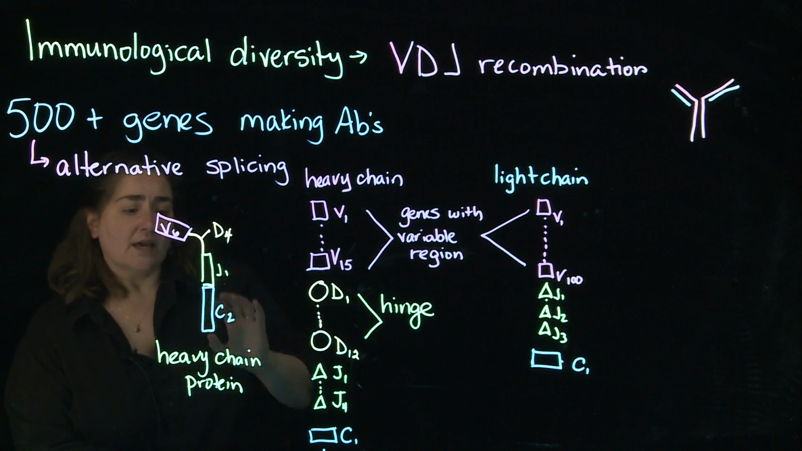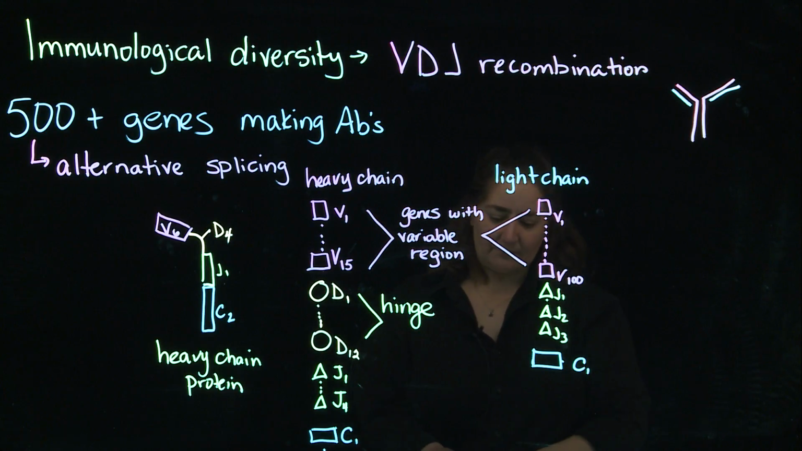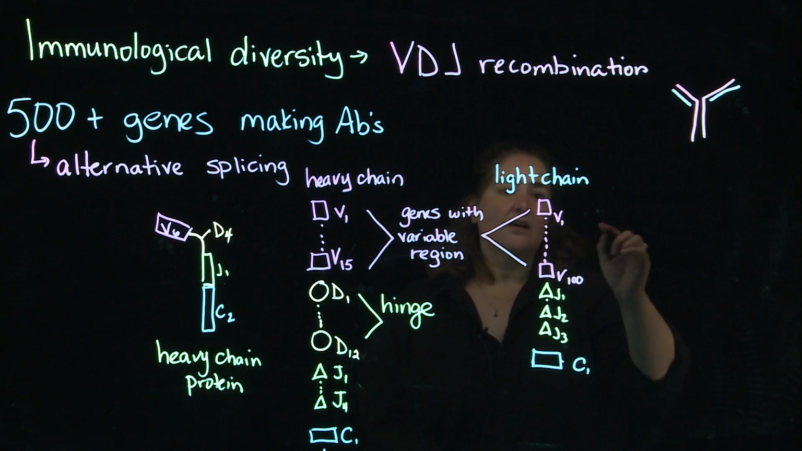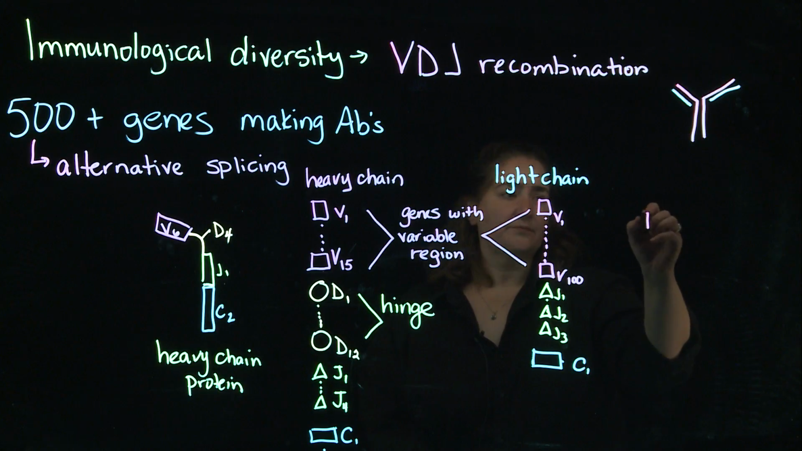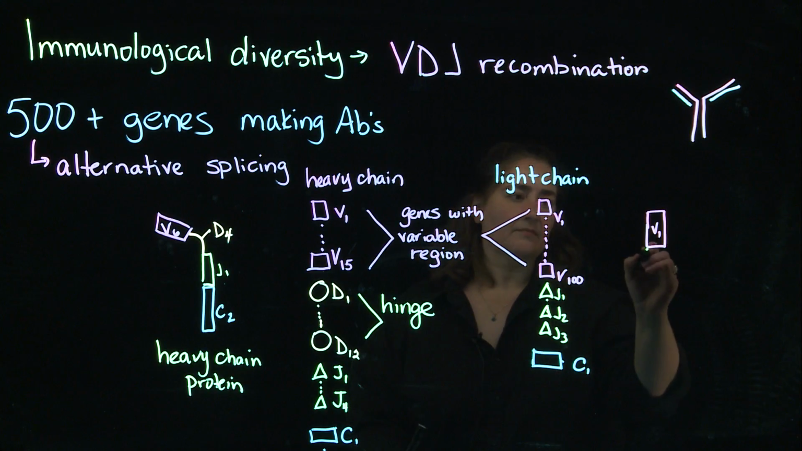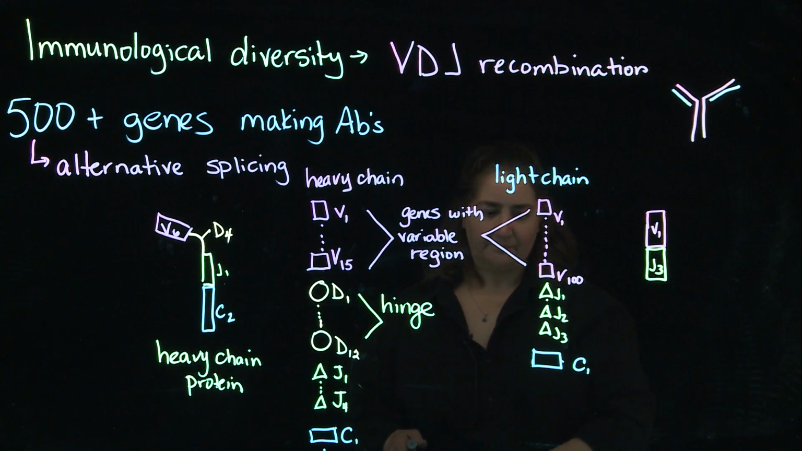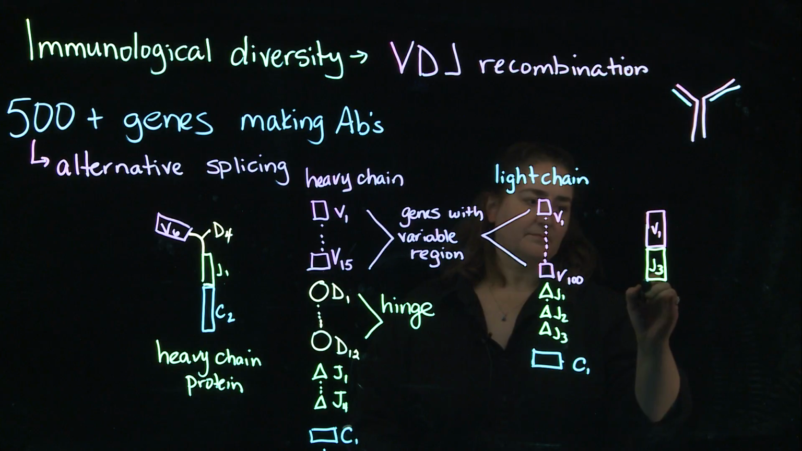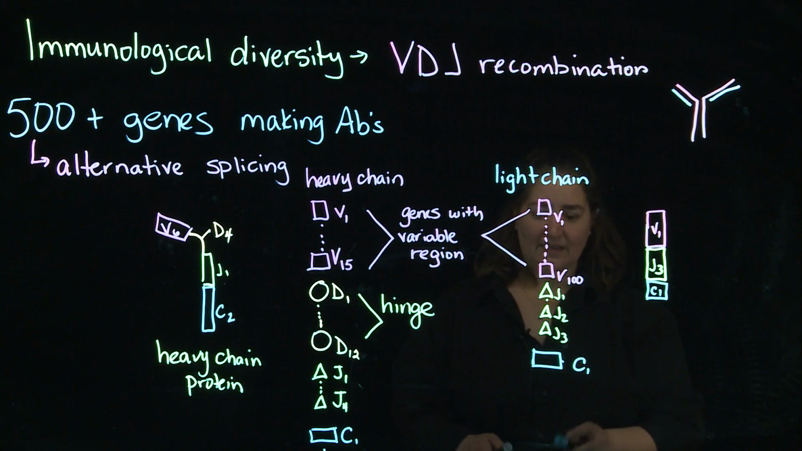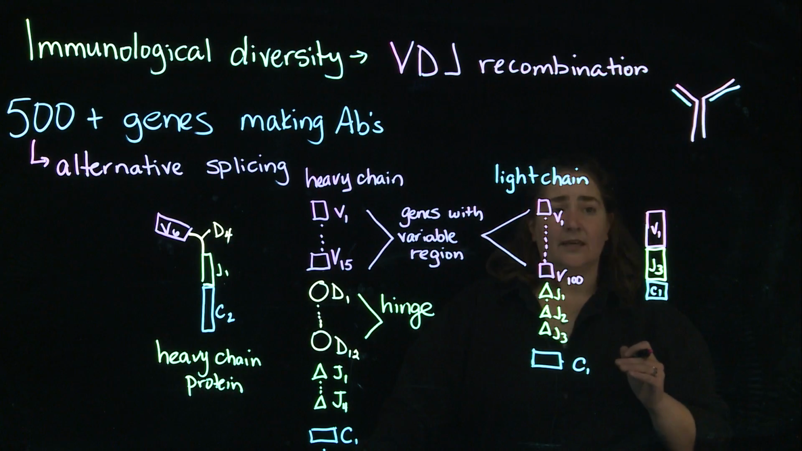Okay? And in terms of our light chain, we get the same thing. All right? Our light chain, we're going to have a variable region. We can call this V1, J3, C1. All right? And essentially how this is going to come together to make this little antibody that I've made